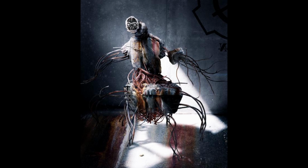Exactly. Putting yourself in the space of a D-class personnel, and we'll get to some SCPs with stories where you get to put yourself in their shoes, oh my god, is it terrifying. Like thinking about the stairwell, where you're just told you have to start descending this staircase. Descend the staircase. Yeah, I'll tell you what we're looking for. Exactly, and if you're a D-class personnel at the SCP Foundation, you're pretty